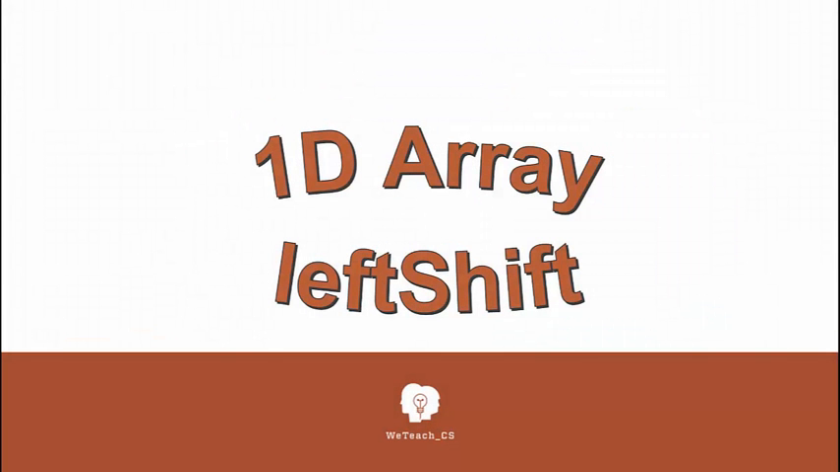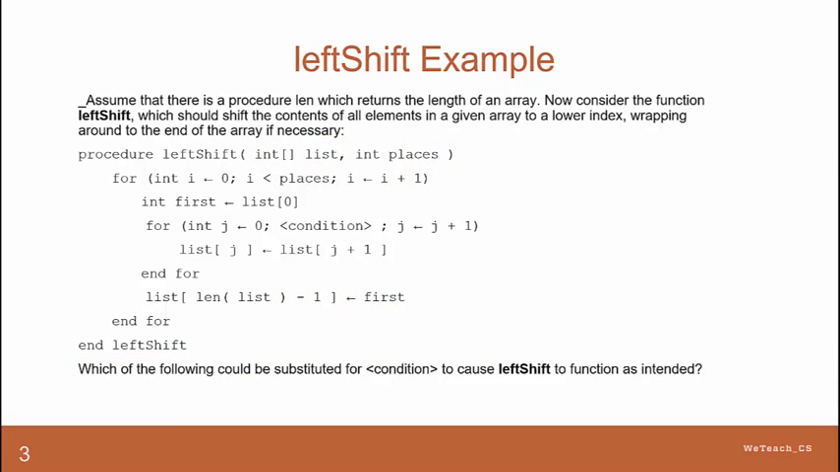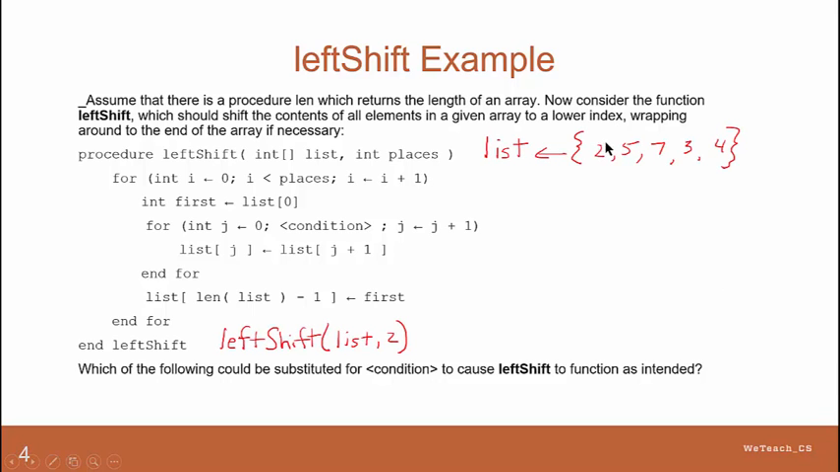Let's work through the 1D array practice example called left shift. This is one of many uses of an array and involves manipulating the contents of an array so that elements are moved or shifted one or more places to the left, with the first element circled around to the back each time. For example, let's look at this array of 5 elements called list, containing the values 2, 5, 7,